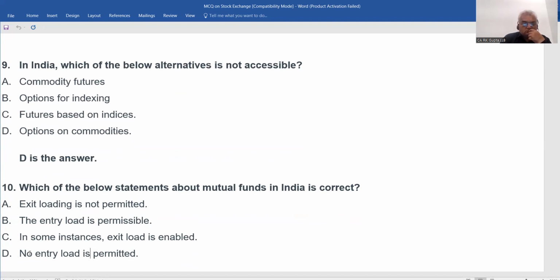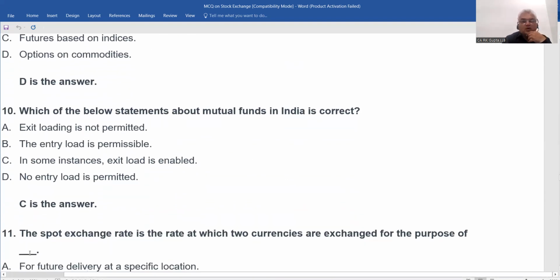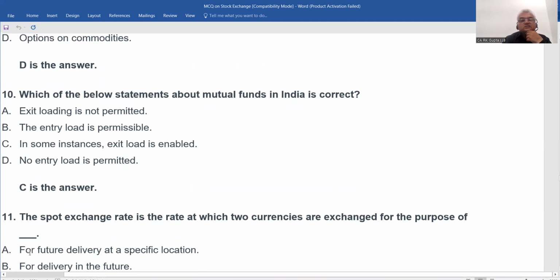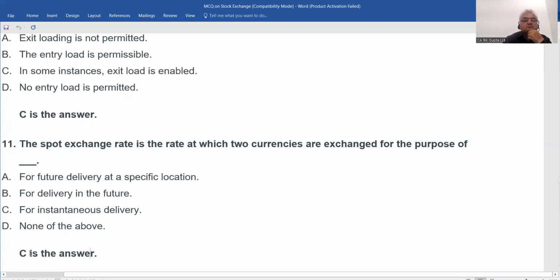Which of the below statements about mutual funds in India is correct? In some instances, exit load is negative. Yes, हाँ वही लग रहा है। C is the answer. Spot exchange rate is the rate at which two currencies are exchanged for the purpose of... अभी अभी किया है ये। For instance, negative. फ्यूचर।